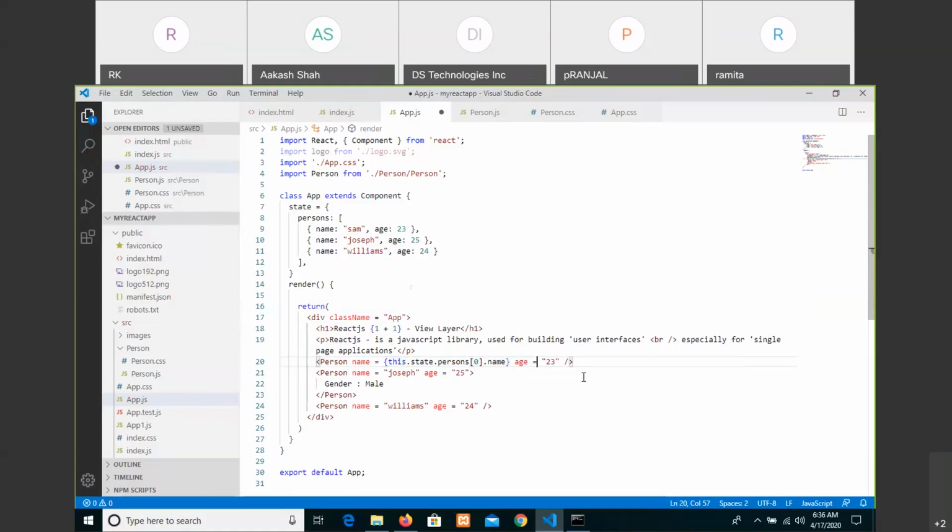The same way, this.state.persons[0].age. Getting my point? The first record is referred to with index 0, and from that you are extracting the name and age. Same way,